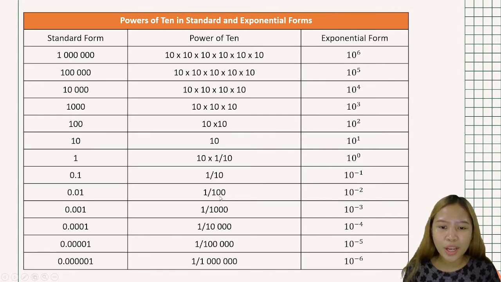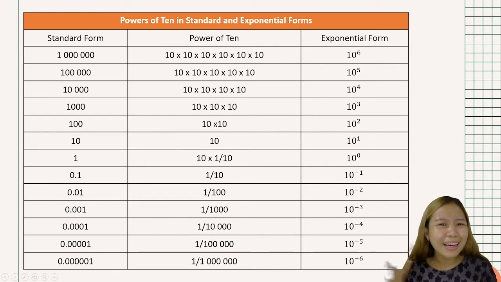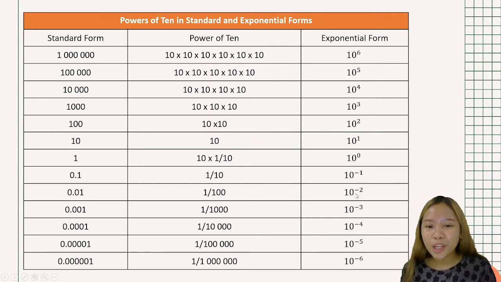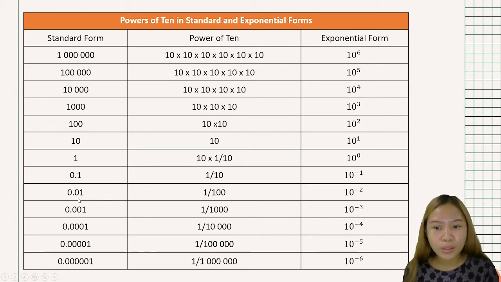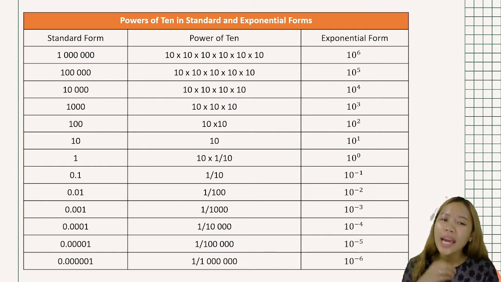So, 2 dira siya, 2 ka 0, and then negative 2 siya diri. Ang ga-shuffle lang ako ng mga words. Okay, so we have negative 2 diri sa exponential form. If we're going to take a look on the standard form, ara sa ikaduwa man nga decimal place ang aton nga value. Okay, so I hope nga nakita nyo lang ang relationship ni standard form kay power of 10 kay